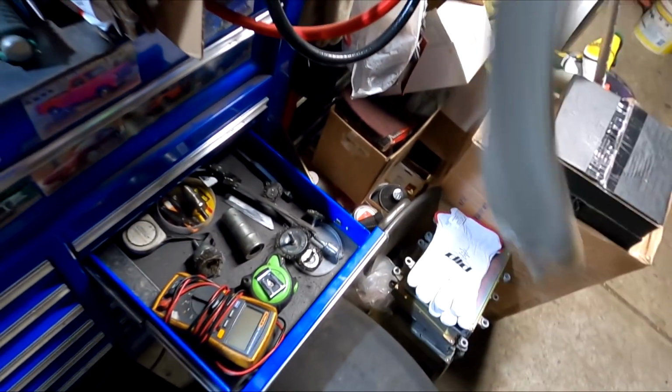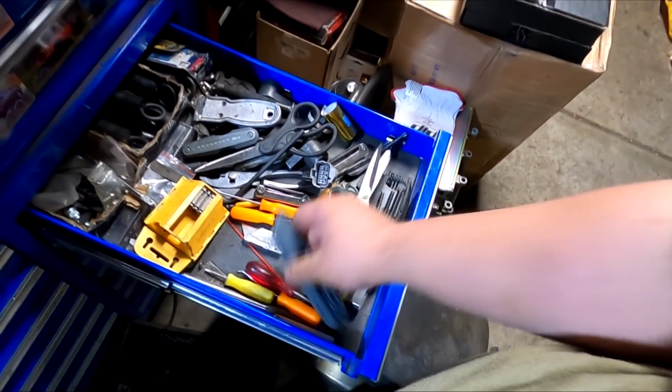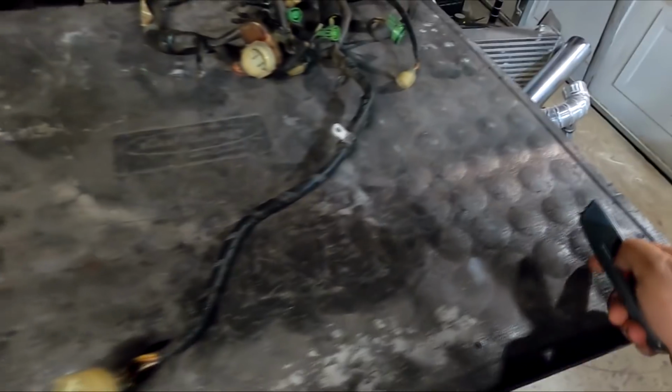I keep thinking my razor blade's in my pocket, but it's not. So I'm gonna have to use this safety. Well, it's not a safety because it's got a really sharp tip on it. So the first thing I'm gonna do is strip this harness down,